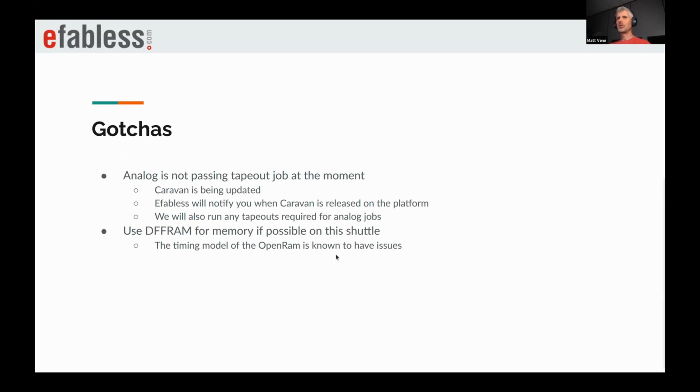Okay, a couple of gotchas to be aware of. Analog is not currently passing on the tape-out job at the moment. Caravan is being updated at the moment. So if you're doing analog, that's the reason you're using Caravan, then just let us know in the shuttle channel, and we'll let you know when Caravan is ready. We'll also be running any tape-outs required for analog jobs, so that's not something that you need to run in the eFabless platform. And the other thing is, we're recommending to use DFF RAM for memory, if possible, on this